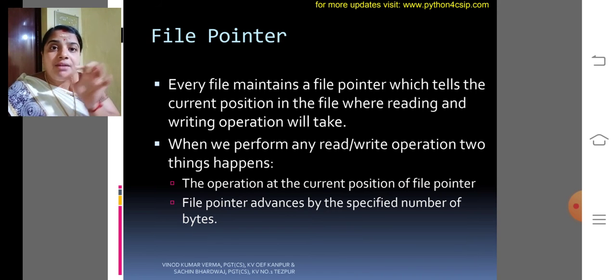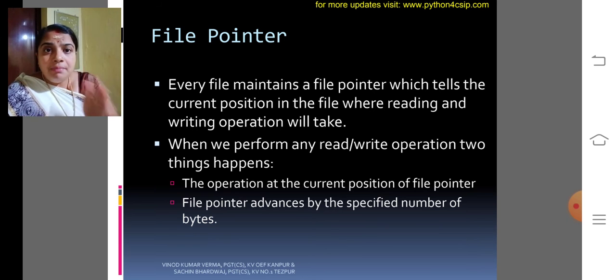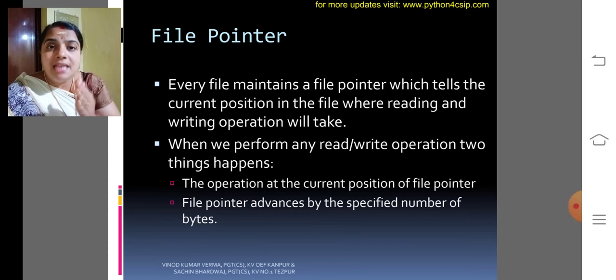And if you have a string with 15 characters and you read only 6 characters, the file pointer will be between 6 and 7, that is at the beginning of 7. The file pointer stands exactly before 7. That is the use of a file pointer. If you want to place the file pointer, it is very easy.